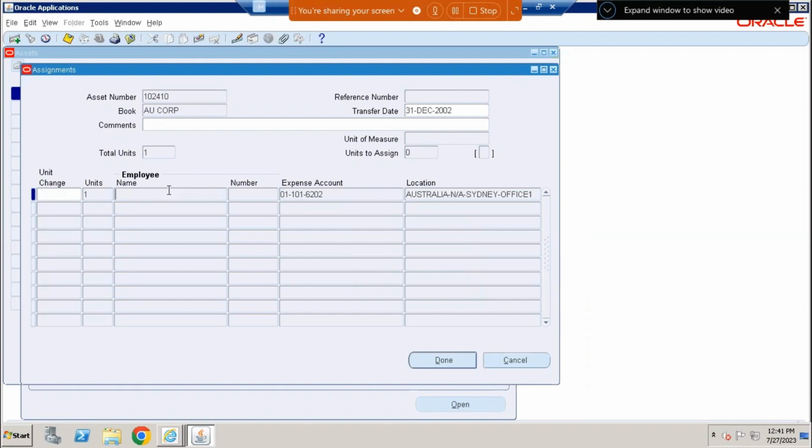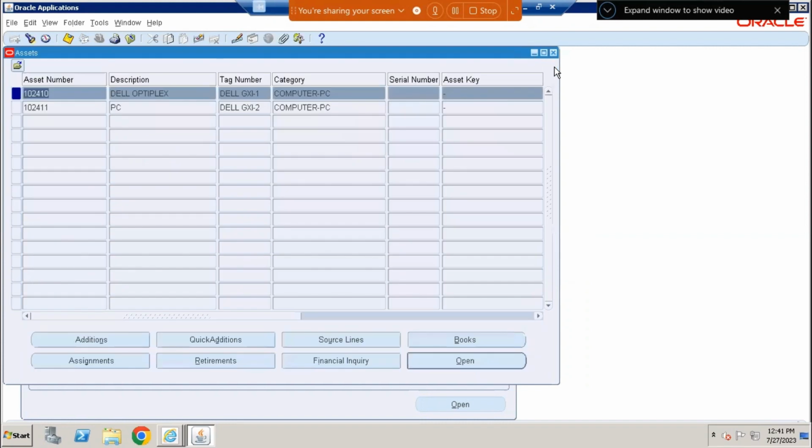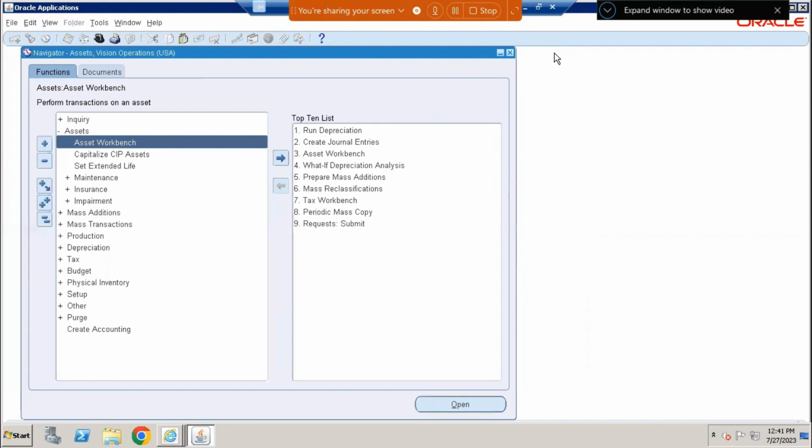Okay, and you have all this information tracked here. This is the asset workbench. So from one single place, you get access to the entire application information. So this is the